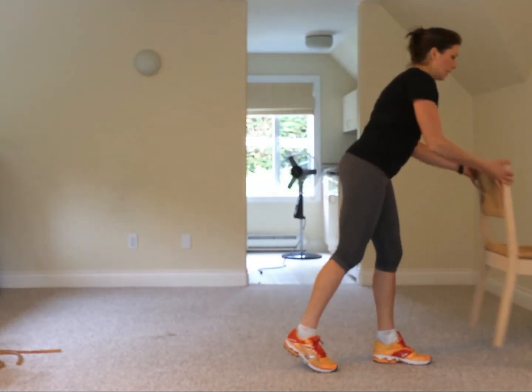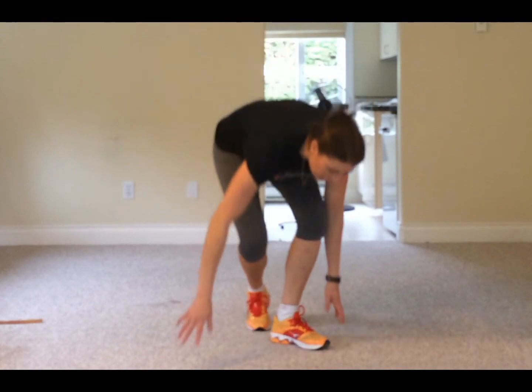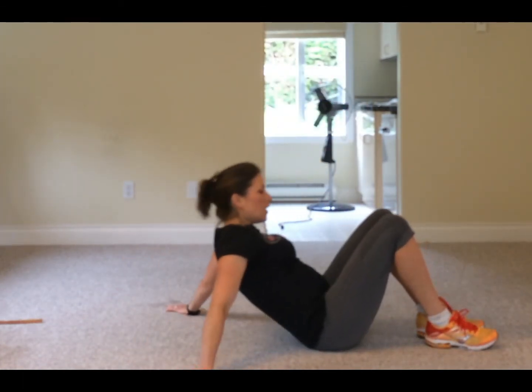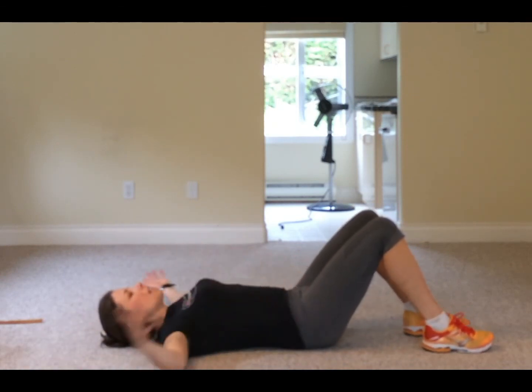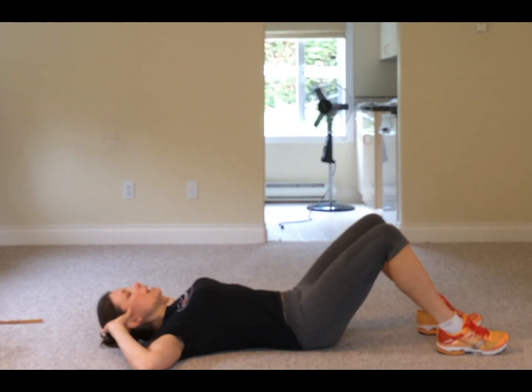Okay, let's move on to our first core activation. We're going to be doing what's called a Kegel crunch. So not huge on crunches, but this is a good little activity to recruit the lower abdominals as well as focusing on the Kegel. So I'd like your hands behind your head, and what I want you to do is first fire the Kegel, so belly button drawn in, fire the Kegel, so hold the P muscles,